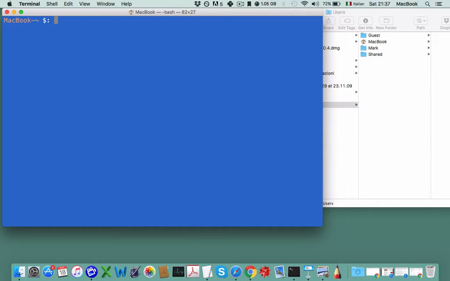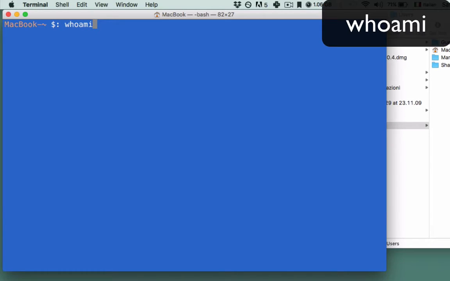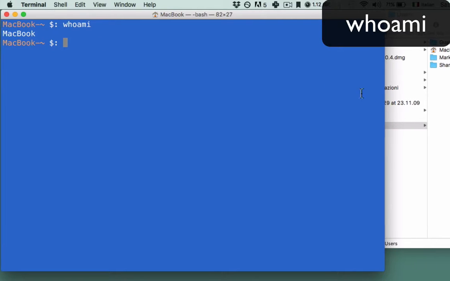In this lesson, we're going to understand the first and fundamental commands of the terminal. The first thing that we want to know in the terminal is to be able to understand who we are logged in as. What is our identity? Who are we as users in our computer? To do so, it's very simple. We just type whoami, we hit enter, and the terminal tells us